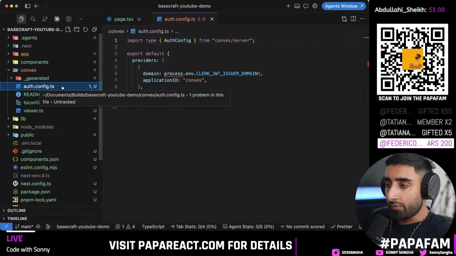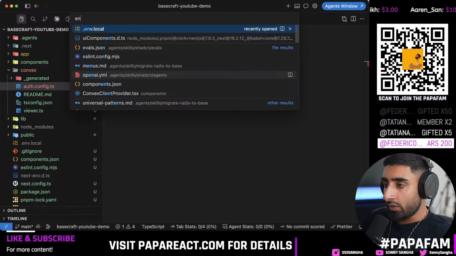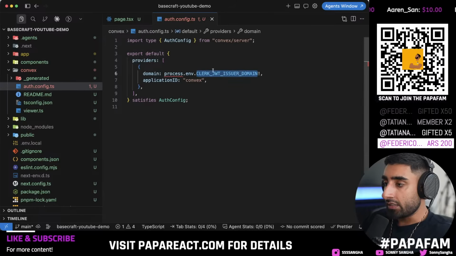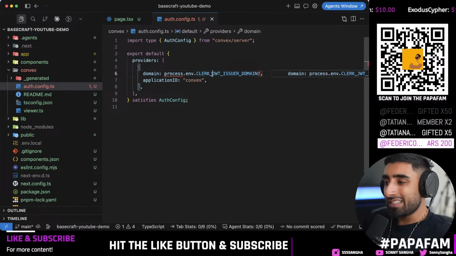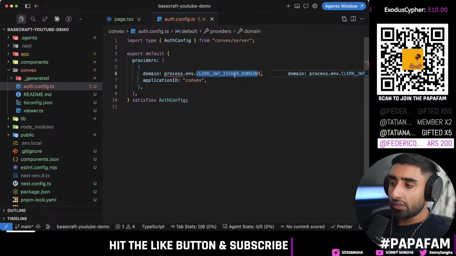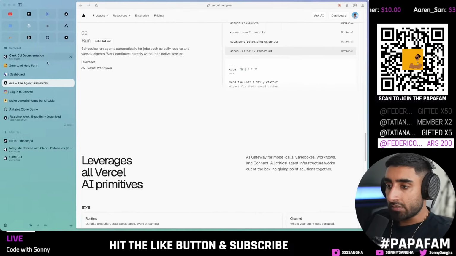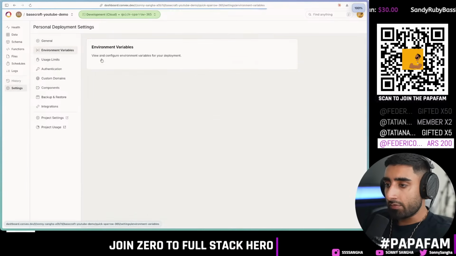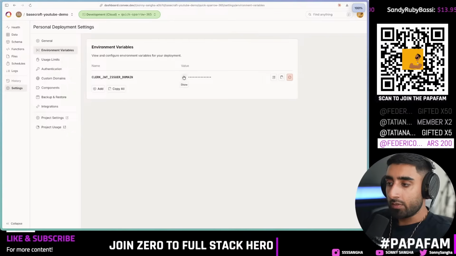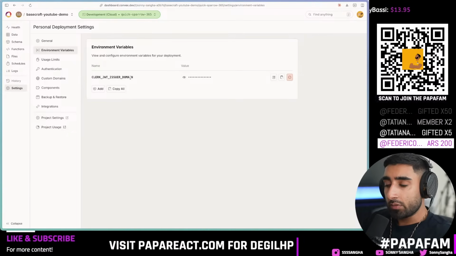So in this case, we go to auth config. The one thing I want to check is the Clerk JWT issuer domain. Now, if we go over to our environment local file, has it added it in? Oh, actually, this doesn't get added in here. Everything inside of Convex, when you see process.env, typically you're wondering, okay, this should actually be inside of our env local. Well, no, for Convex, the deployment instance is actually on the web, so it's a cloud deployment. If we go to settings and then environment variables, you can see it's set here. So this one has been set up, and where we can find the JWT issuer domain is